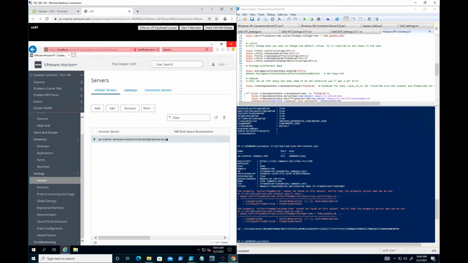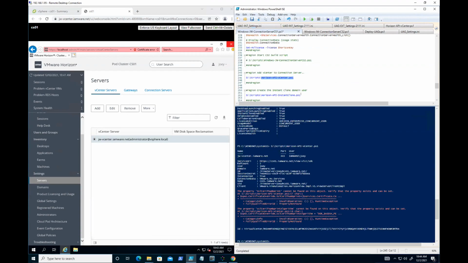So here's the vCenter. So in this case, now I can add the instant clone pools. I can start building VMs that are in this vCenter. Before you did this, you couldn't do anything except add manual desktops or whatever. So next step, let's create that instant clone domain admin account in here,